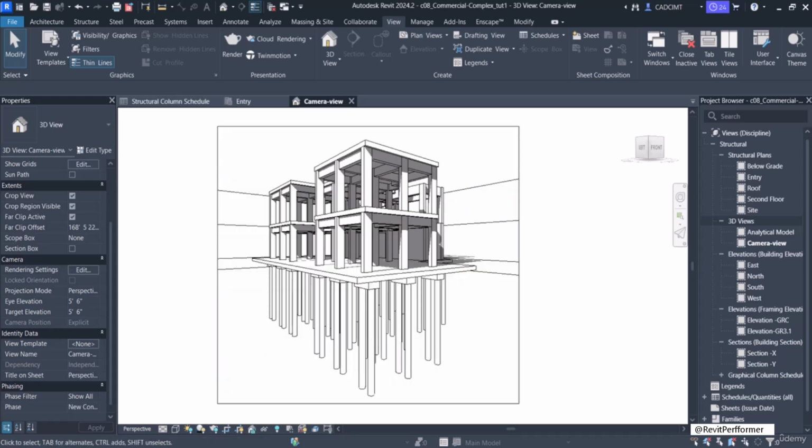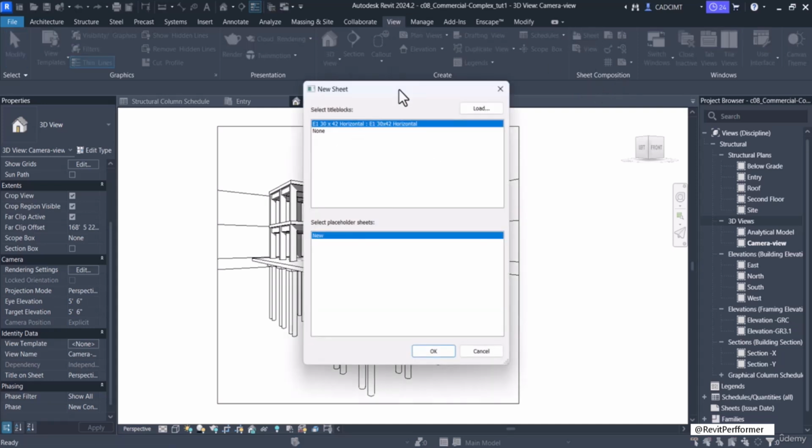Then, the next section is creating the sheet. In this section, you will create a sheet in the project. To do so, choose the Sheet tool from the Sheet Composition panel of the View tab. You can see here the New Sheet dialog box is displayed. In this dialog box, choose the Load